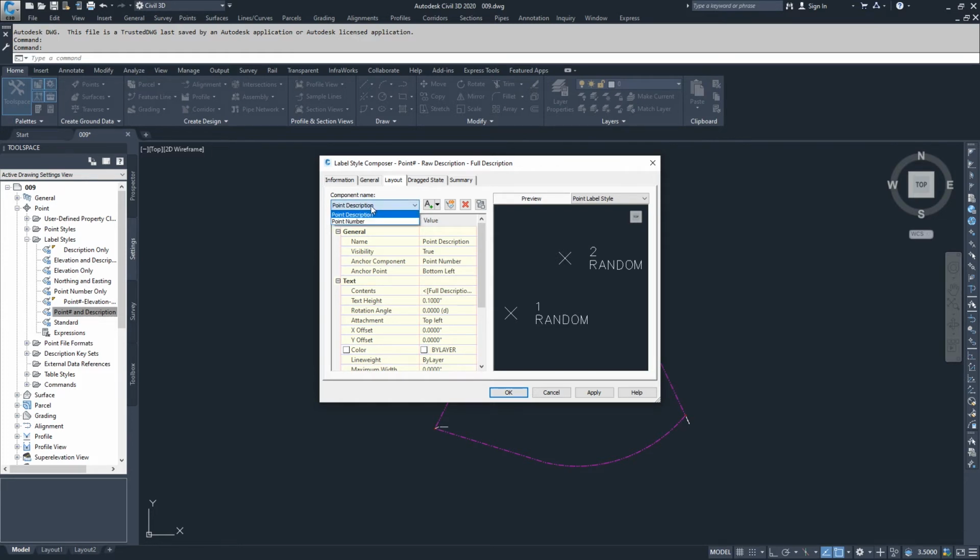What we're going to do is navigate over into the layout tab, and you'll see that we have a drop down here for the components of the label. We have a point number and a point description component. We're going to go ahead and drop down over here and create a new text line. You can also create lines and blocks as part of labels. We're going to create new text. We're going to change the name of that text to raw description, and we're going to anchor that component to the point number,